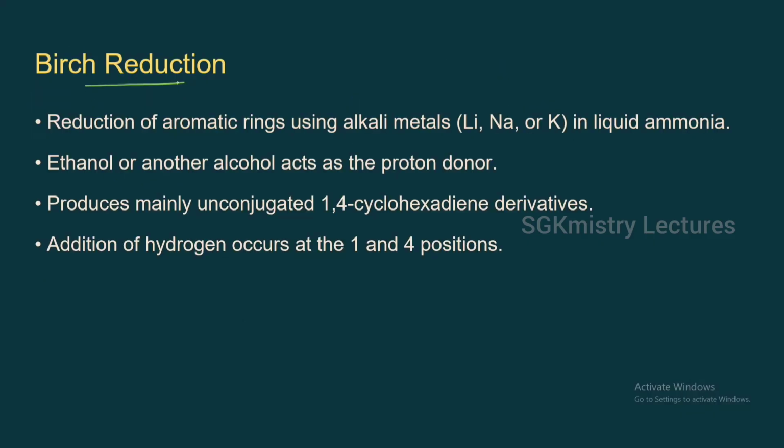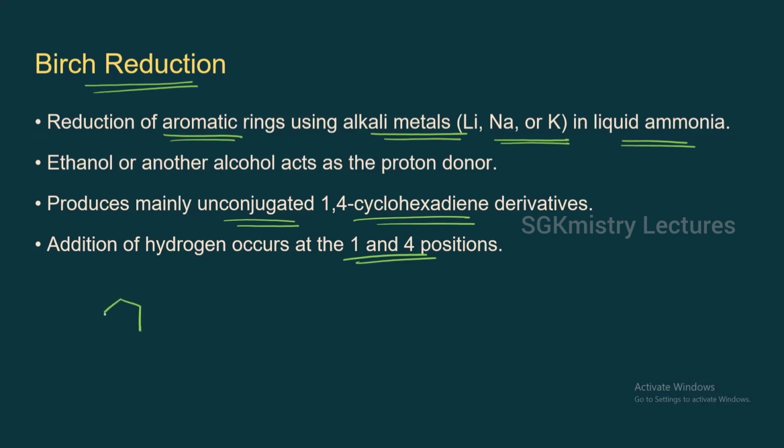Next, coming on to the Birch reduction method. This involves the reduction of the aromatic rings using alkali metals such as lithium, sodium, or potassium in liquid ammonia. Mainly it gives unconjugated dihydro derivatives, unconjugated 1,4-cyclohexadiene derivatives, and the addition mainly takes place at the 1 and 4 positions. So let us look at the examples. If I take benzene